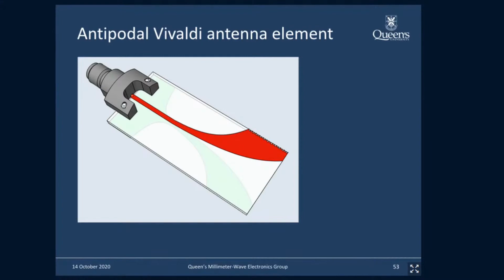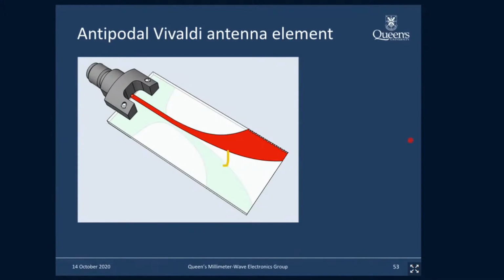This taper here is exponential, which is what gives it the broadband response. This particular antenna has about a 4 gigahertz bandwidth, but we and others have made basic Vivaldi antennas with 10, 20 gigahertz of bandwidth. It's the exponential taper. So when this radiates,